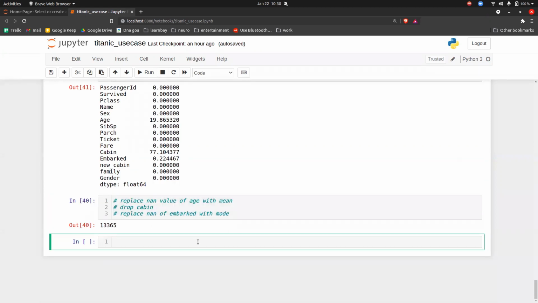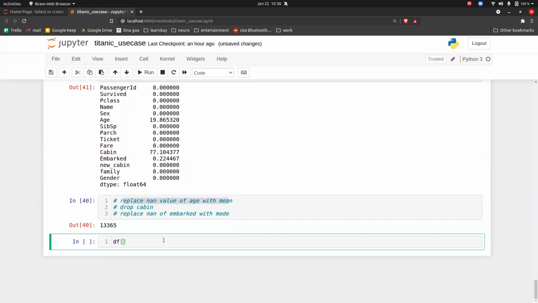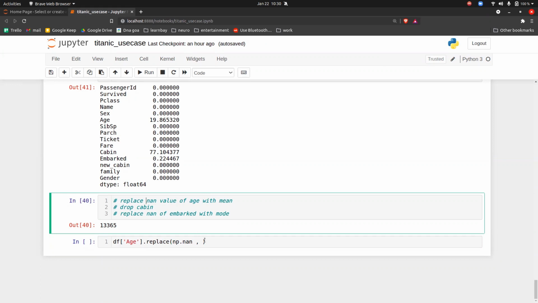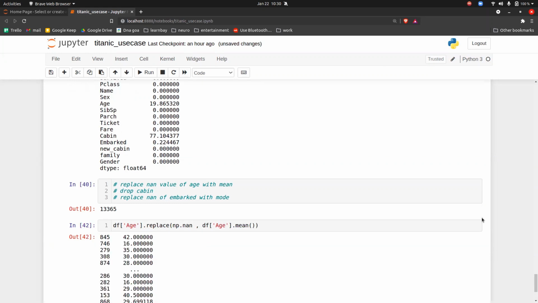Okay, so let's go with the answer, guys. The answer is very straightforward. Replace none values of age with mean. So df of age dot replace. I have to replace all the none values, and for age we will go with mean. So df of age dot mean, and your work is done.